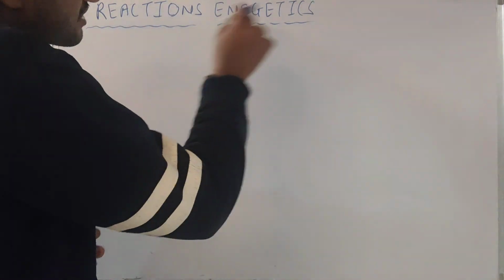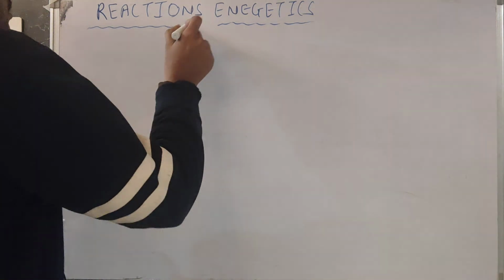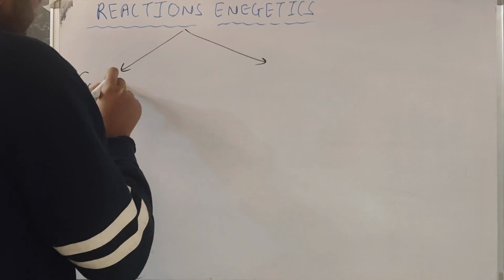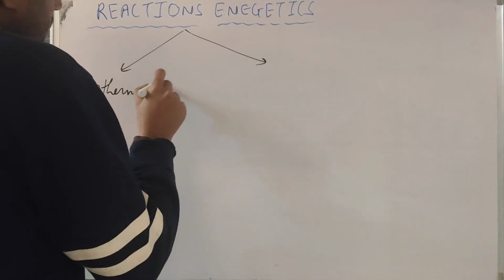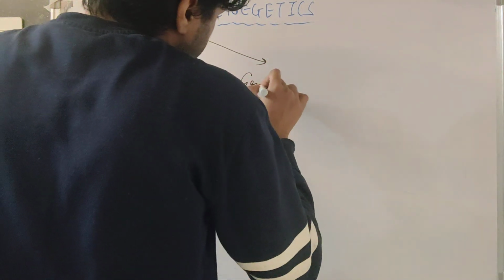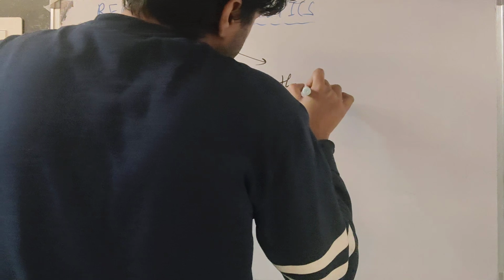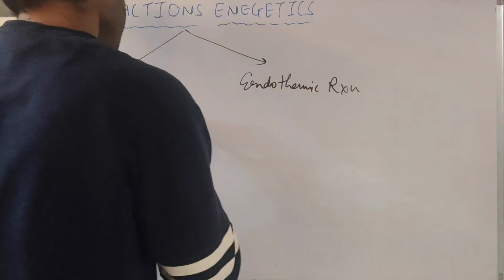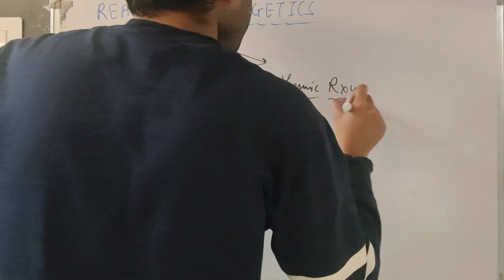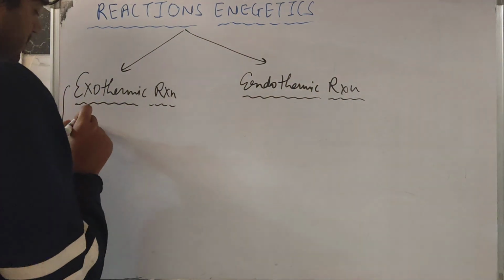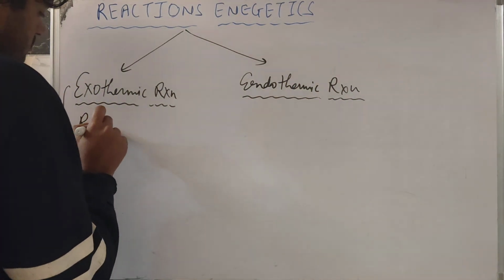So there are two types of reactions on the basis of reaction energetics. The first one we will discuss is the exothermic reaction, and the second one is the endothermic reaction. So what are exothermic reactions and what are endothermic reactions? Exothermic reactions